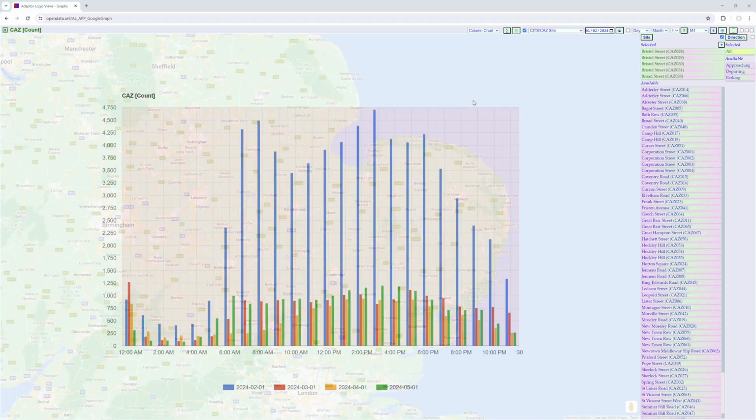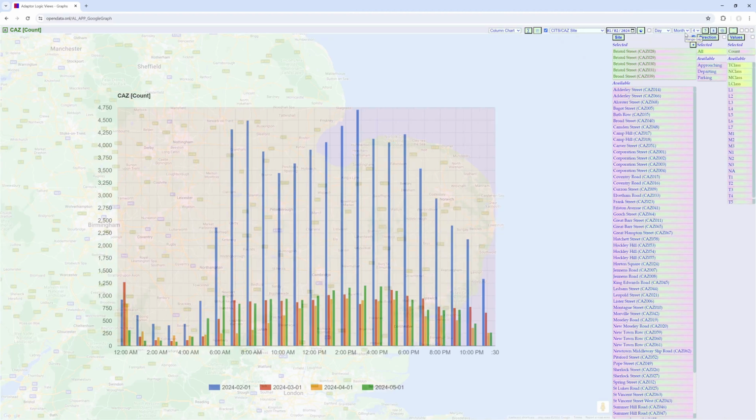Some data sets such as CAS have multiple values for which one can get a graph, such as the overall count, which we've been seeing, and the individuals such as M1 for cars. If you want to actually tweak the values and make groups of values and so forth, then one can do that by treating them as a key, and I've already set up some groups here. So for instance, M class,